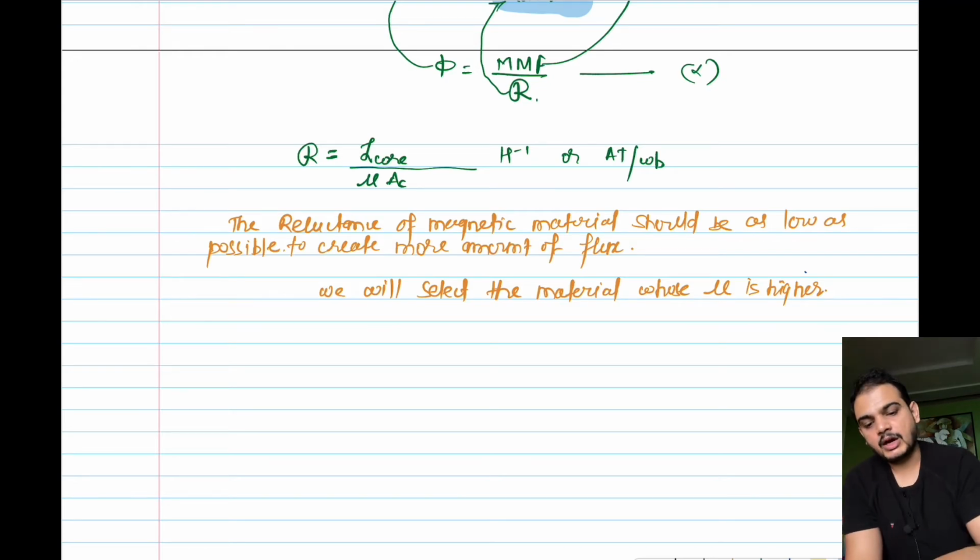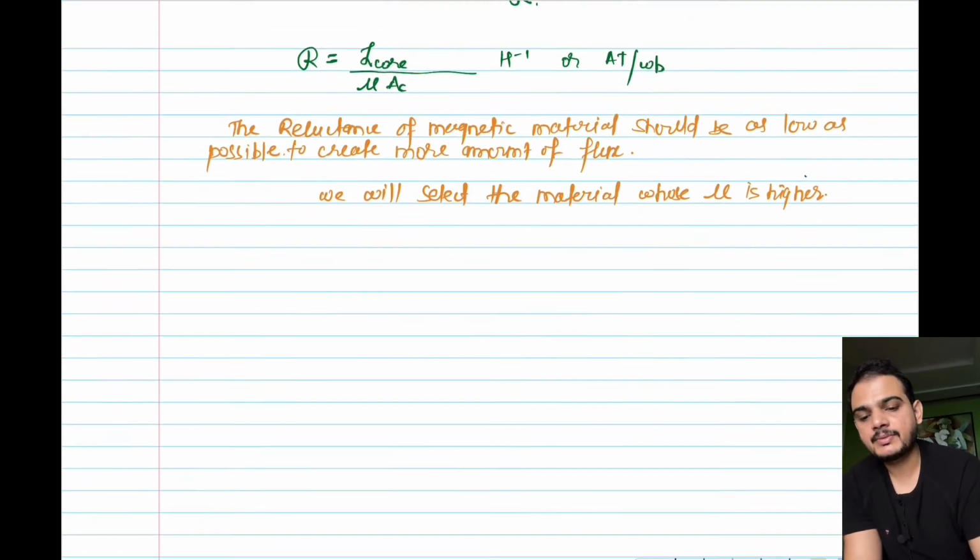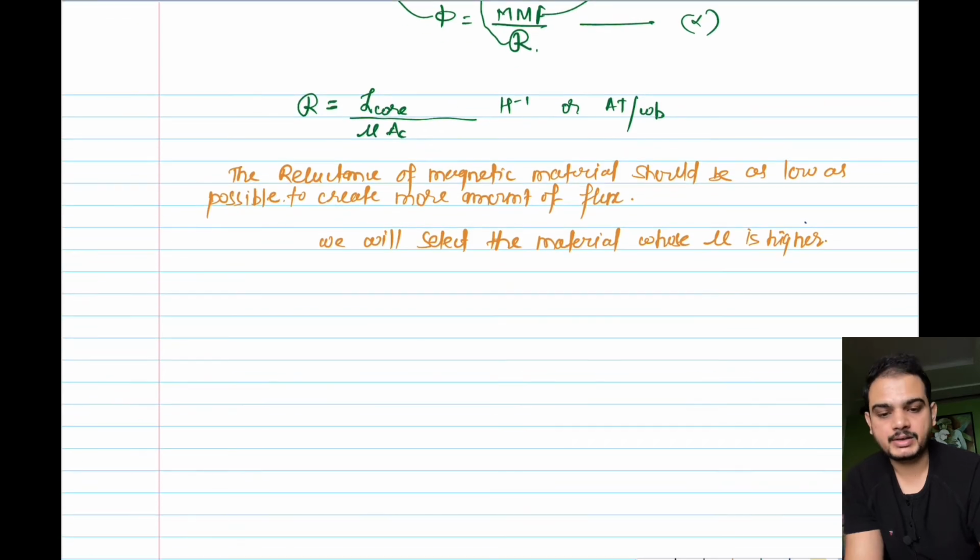Now we will discuss the calculation of reluctance. The calculation of reluctance, from exam point of view, this topic is very important. For a rectangular core, what will be the reluctance of this rectangular core? For a circular core material, what will be the reluctance of this circular core material? All this we are going to see with the help of some numericals. Now give the heading as calculation of reluctance.